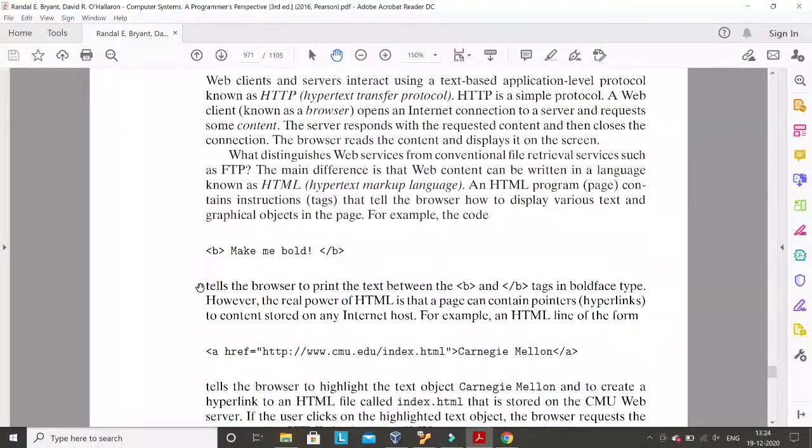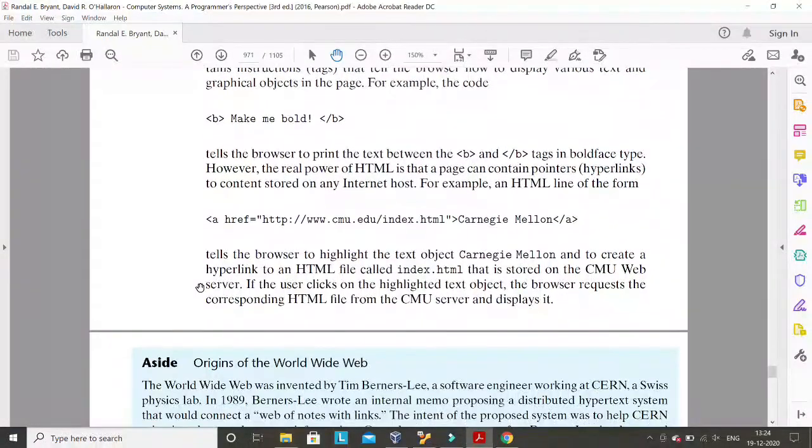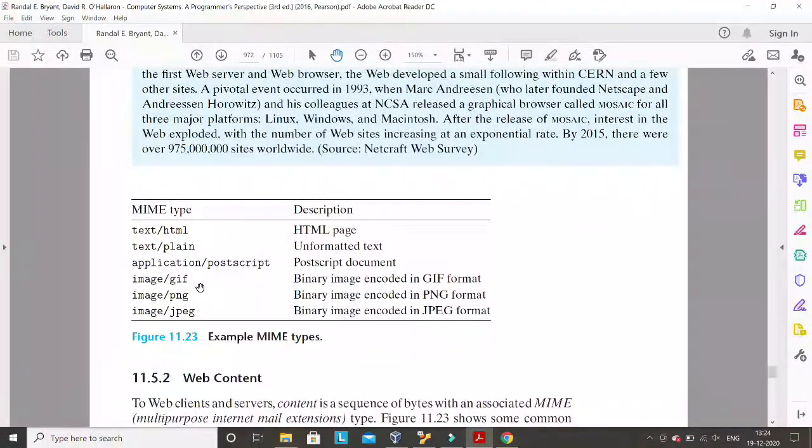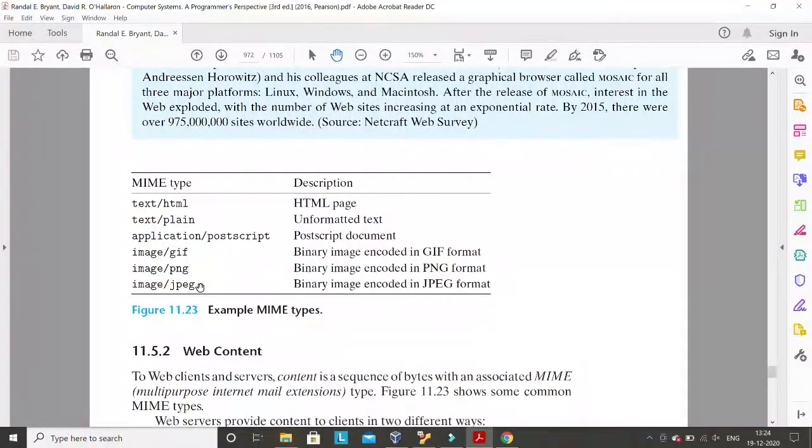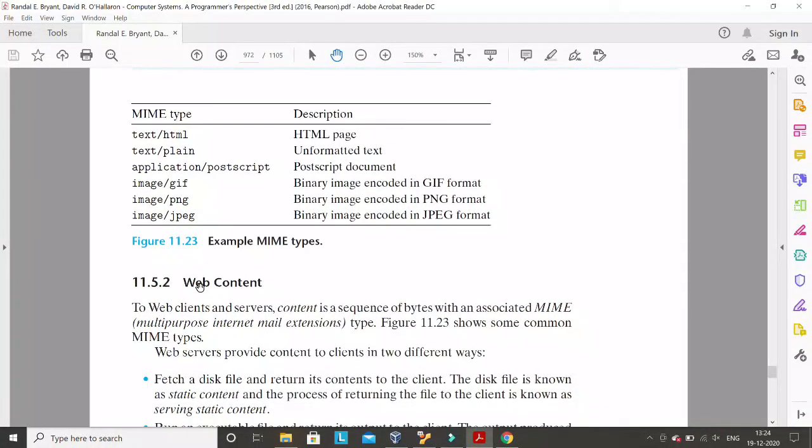First of all, it has explained what is HTML. Not at all a part of this code. This is very basic. You should know what is HTML. I should not explain what is called HTML. Then, what is web content?